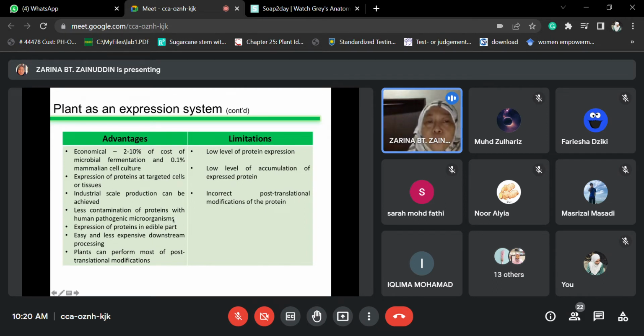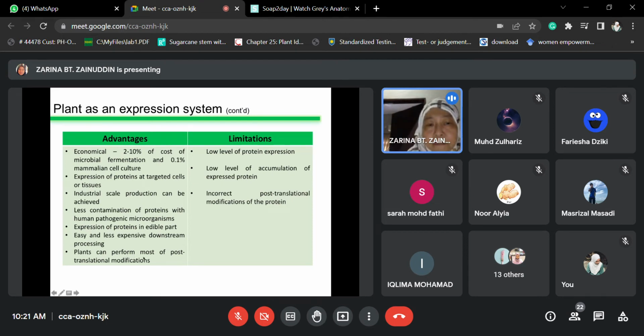Okay, and also you can express this protein in the edible part. Macam kita kata tadi lah, you boleh express vitamin A dekat bahagian yang kita makan. Or you can express protein dekat buah pisang, so that you boleh makan, kalau you want to express certain vitamin, you boleh dapat dari bahagian yang kita makan. And also another advantage of plant as expression system, the process is easy and less expensive, and